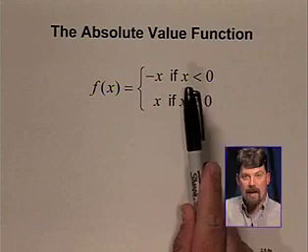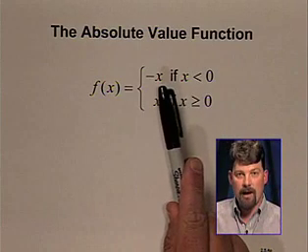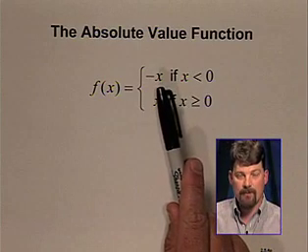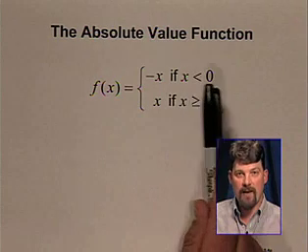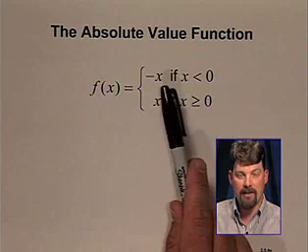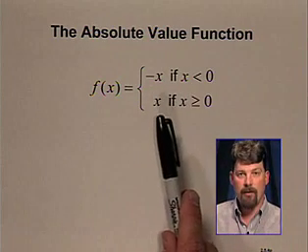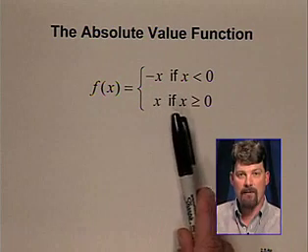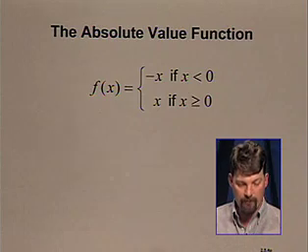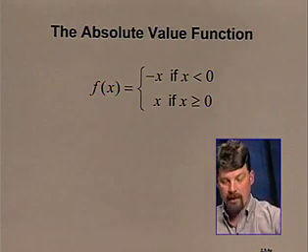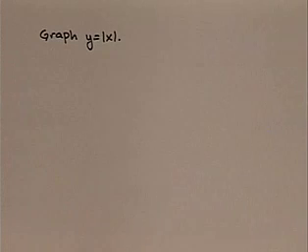If x is less than 0, then f of x will equal negative x, and that's because, of course, x values less than 0 are negative, so we need to take the opposite of them to make them positive. And the absolute value function will be x if x is greater than or equal to 0. So let's take a look at an example, and here we're asked to graph y equals the absolute value of